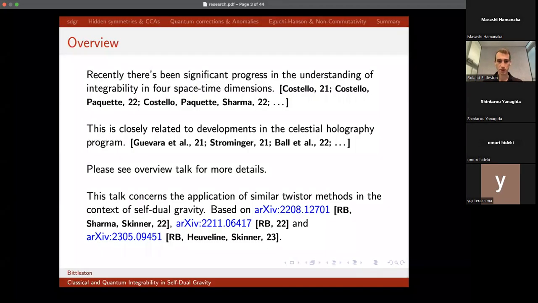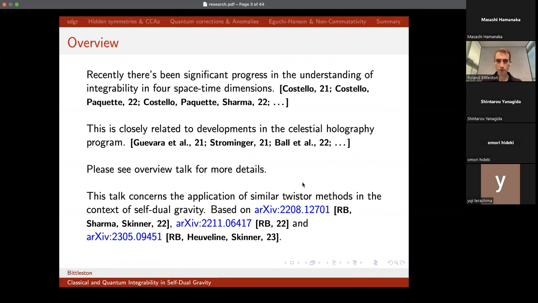Connection between these. I touched on some of those connections yesterday, and we'll see some more of them today. So this talk concerns, as I say, the application of twistor methods in the context of self-dual gravity, and it's